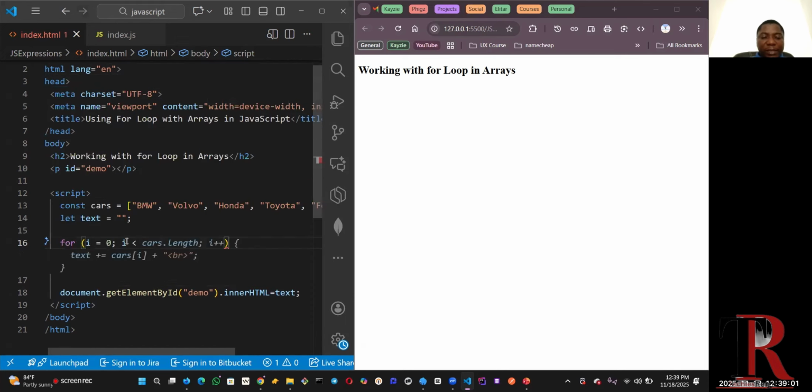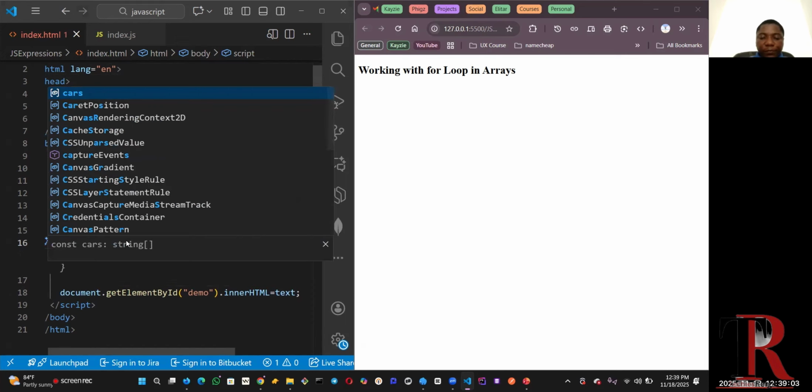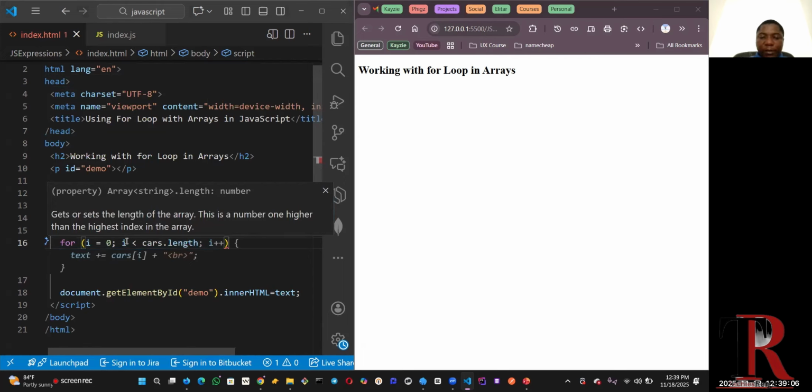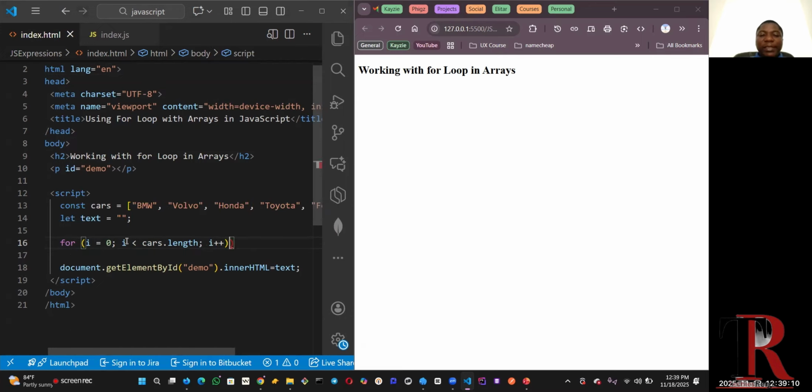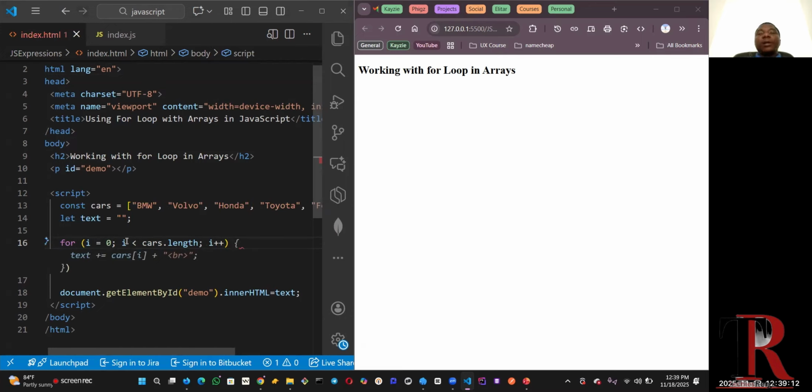If my i is less than the length of the array, then I want to continue to increment it until it hits where the item is no longer equal to the value. Then I can say, okay,